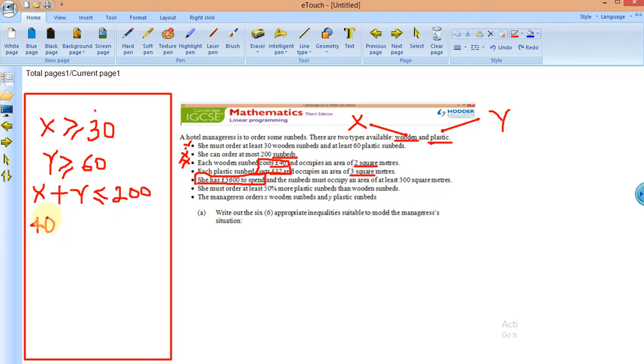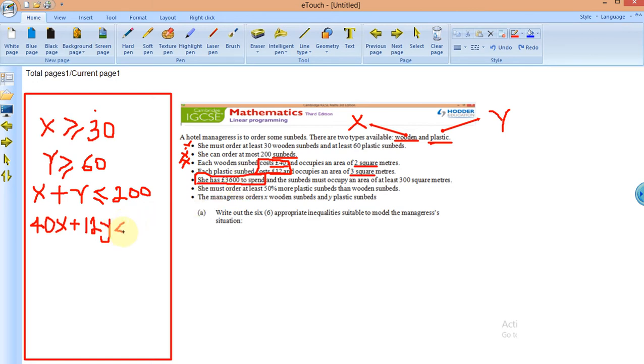40x. And the 12 is for plastic, and plastic is y, so that is 12y. So don't forget, this is 40x plus 12y. So that's the amount. Altogether this is all she has on her, so she can't spend more than that, so that will be less than or equal to